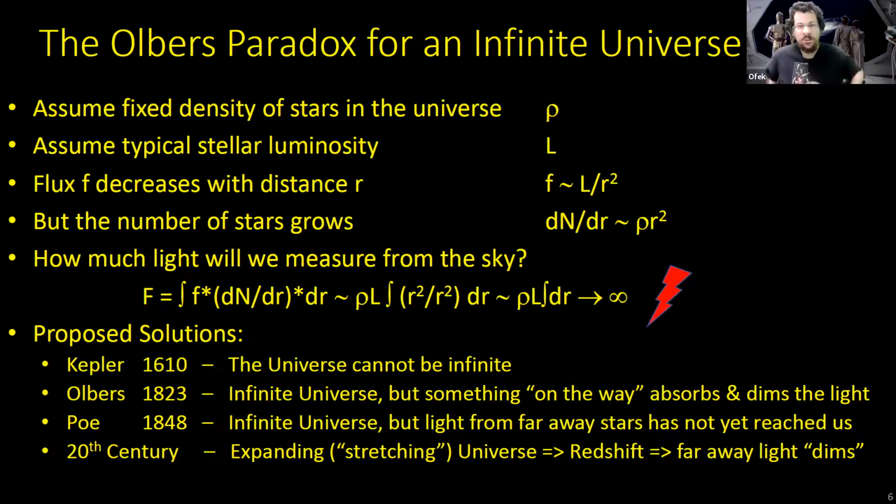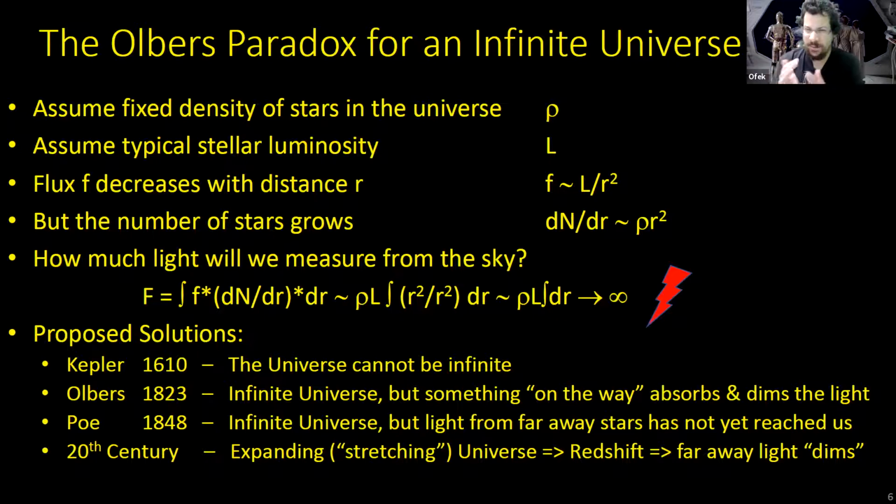Okay, so this was in this mathematical form. It was formulated by Olbers and was named the Olbers paradox. He wasn't the first to actually think about it. Kepler already made a similar calculation and estimate with his telescopes in 1610. He solved the paradox very simply by saying the universe is not infinite. The universe has to be finite, because otherwise we would see infinite light from any direction in the sky.